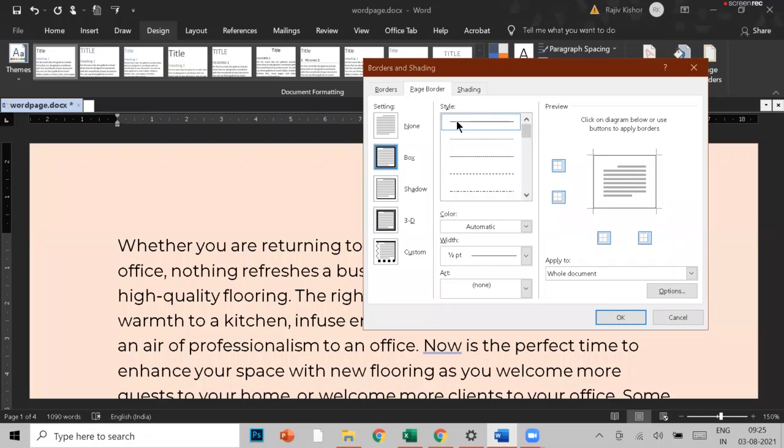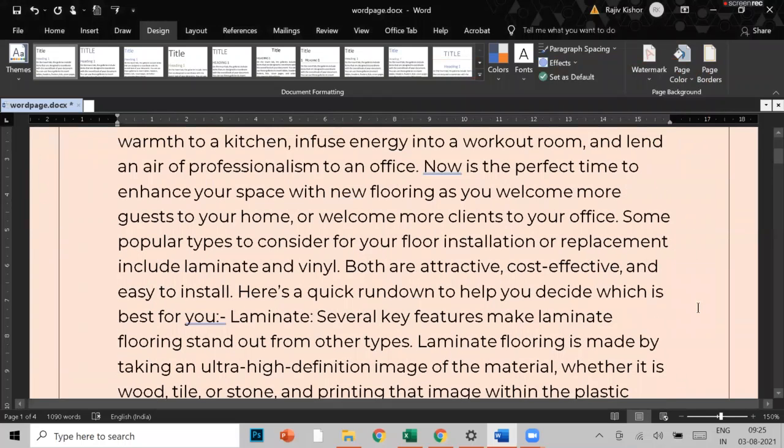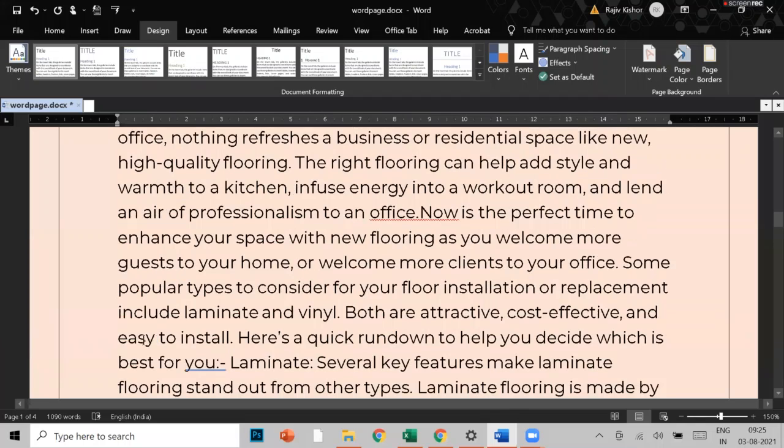Select any style. Presently I'm just going to select this standard one, a simple line. Now next I simply first click on OK. Now you can see one thin line is appearing as a border. I have two pages, and it is coming on both pages,